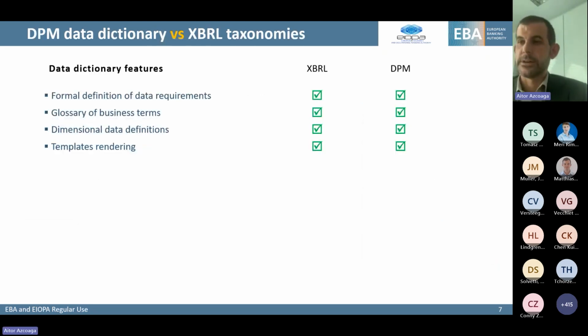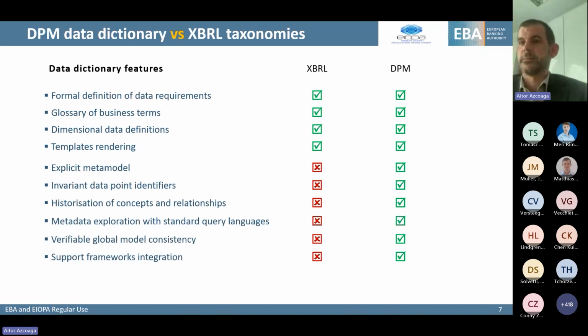This is in terms of the layers, and then to finalize the explanation on XBRL and DPM: XBRL, as I say, is the technical layer, the format that we are using for transmitting the files. It's the package, let's say, that is technically used by the machines to validate the reports and to check their conformance. It already provides the taxonomy several features, so it provides features on validation as well, features on dimensional characteristics, so it provides a broad definition. However, it's a little bit thinner and does not provide all the things that we are including in the DPM. We hope, as we are working with XBRL, to include more, but currently the DPM is a little broader.